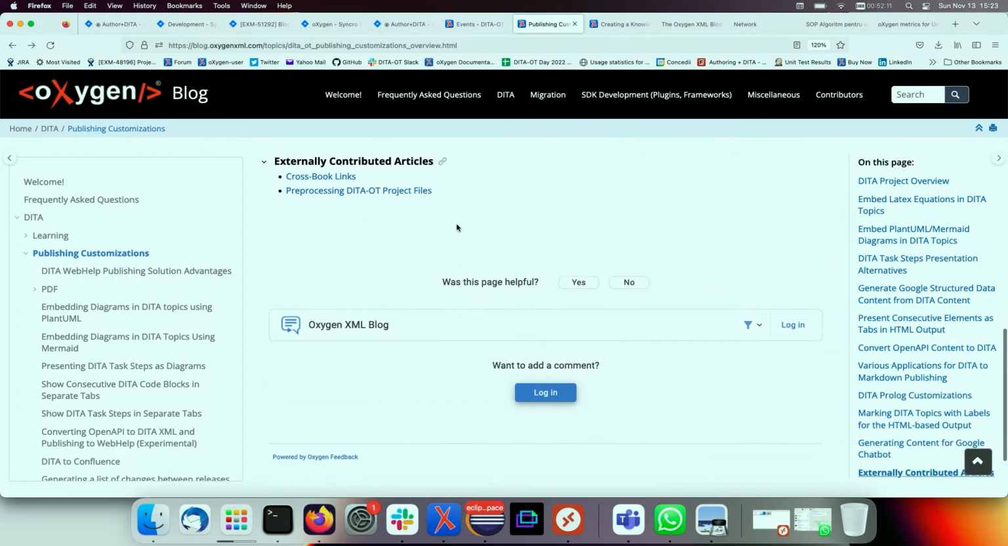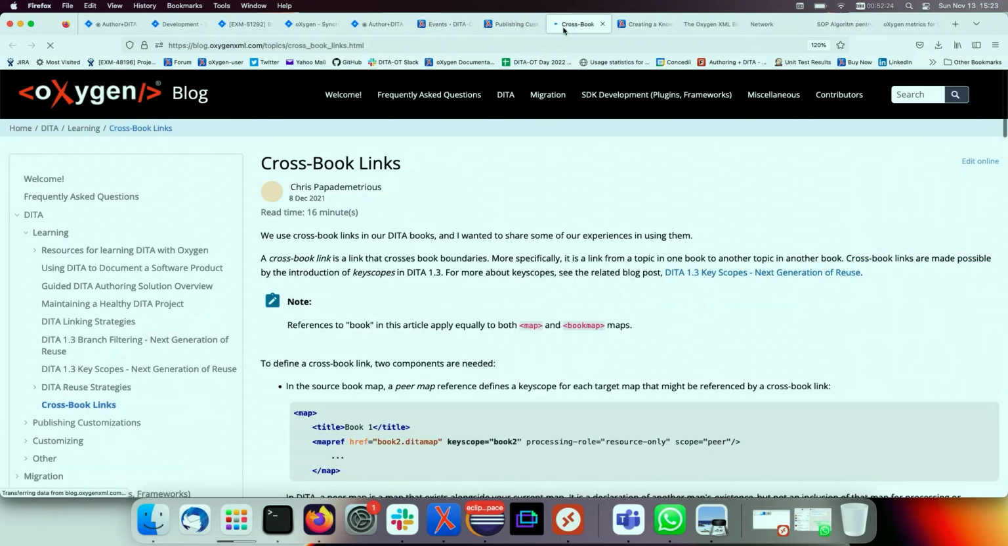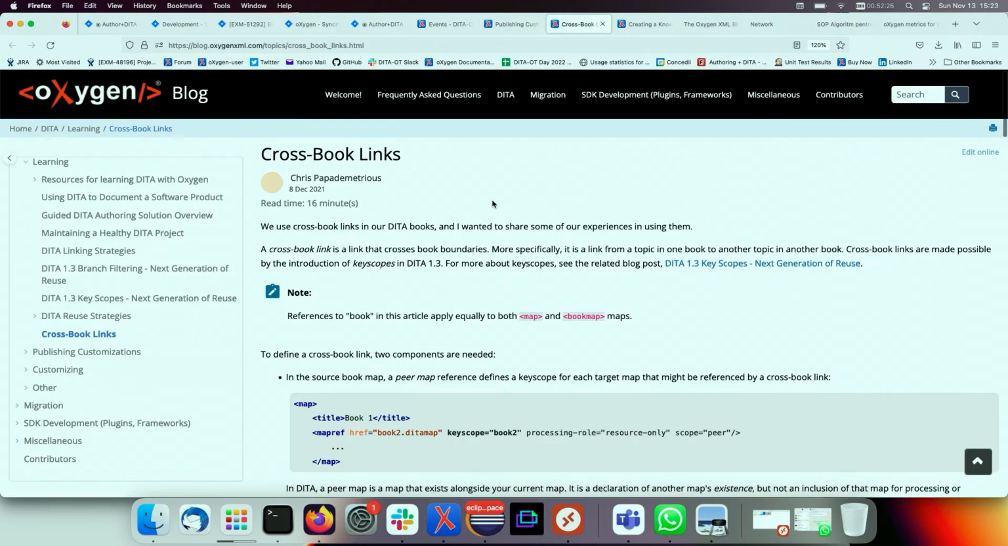We also got on the Oxygen XML blog an external collaborator. His name is Chris Papadimitrios, and he provided two very interesting ideas as articles. One idea is about how crossbook linking can be made to actually work. So crossbook linking is an idea in the DITA 1.3 standard. It's not implemented in the publishing engine,